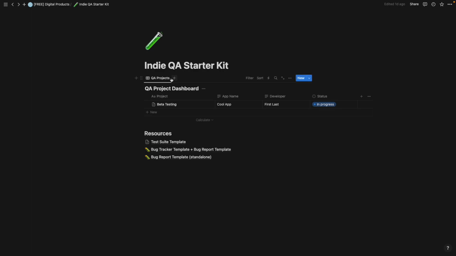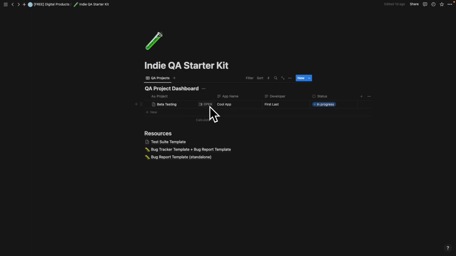So, let's start off with this page. This is the top level page view. This is the project dashboard. Each line here is going to be one app that you're testing, or an API, or a website, or whatever. So it's a testing project. So from here, you can click in and see all of your test cases, so the tests that you're trying to run. But before I go into that, I just wanted to note here that I include all of the